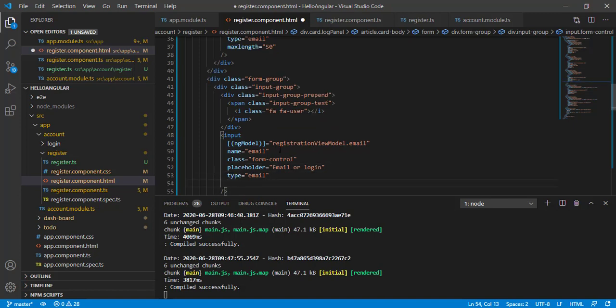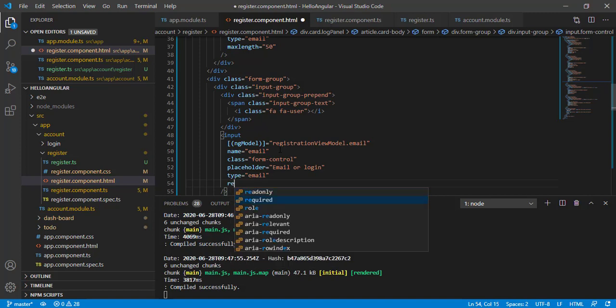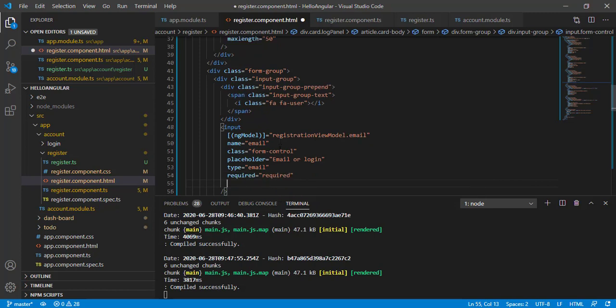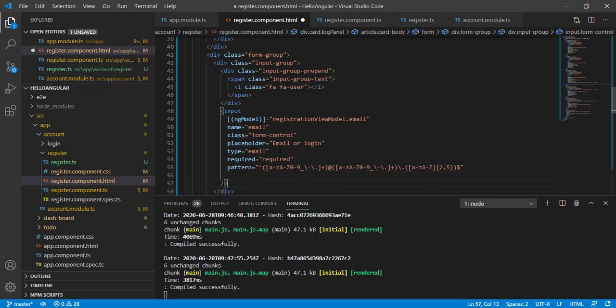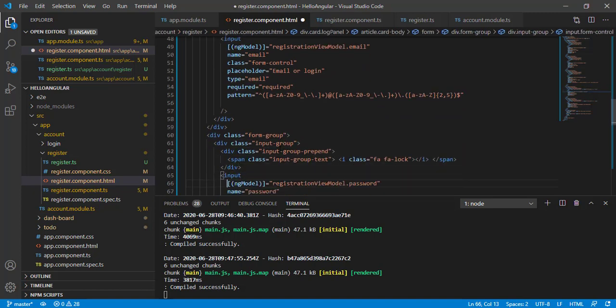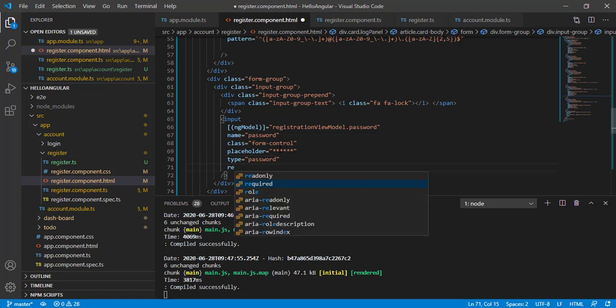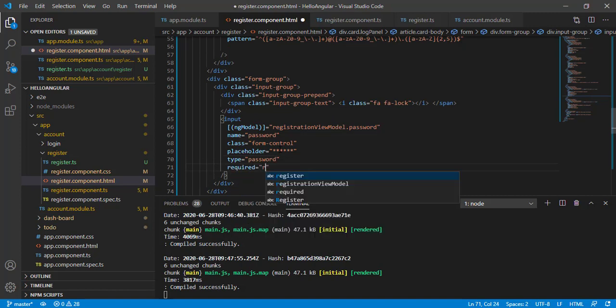So email is a required field, so I'm going to add required equals required, and I am going to add the pattern here. In the pattern I'm going to add a regular expression for our email. You can find this in the description block, and now let's move to the password. Password is a required field, so required equals required,